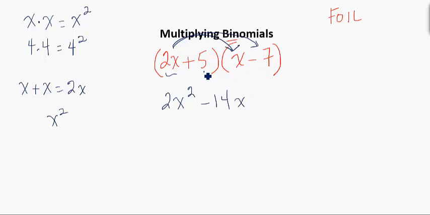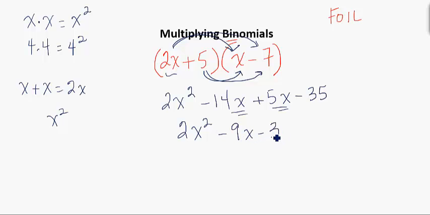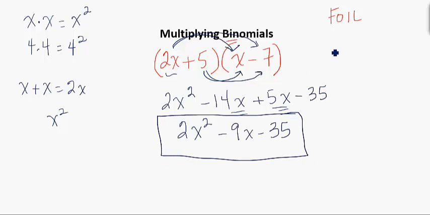And the next is we take the next term here in my first binomial, 5, and we distribute that. So that's going to give me plus 5x. And this is going to be minus 35. Now you can combine your like terms. X squared and x are not like terms because the exponent is different. For these to be like terms, their exponent must be the same. So these two terms are like terms, so that's going to give me a minus 9x minus 35. And here you're finished. We have multiplied these binomials,